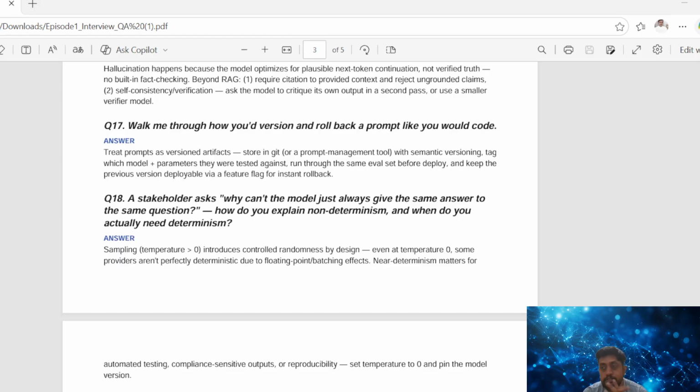Okay, near deterministic matters for automated testing and compliance-sensitive outputs. Set the temperature to 0 and pin the model version. In this case, we can't do anything else. We need to just set the temperature to 0, which will be very deterministic, and you need to pin the model version. So think like, you have a compliance team,